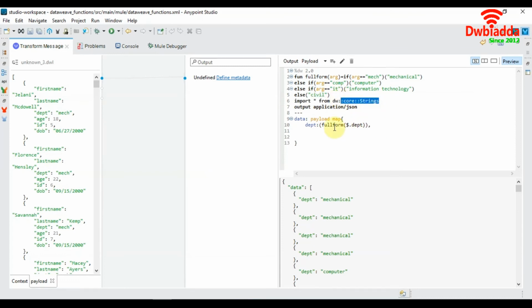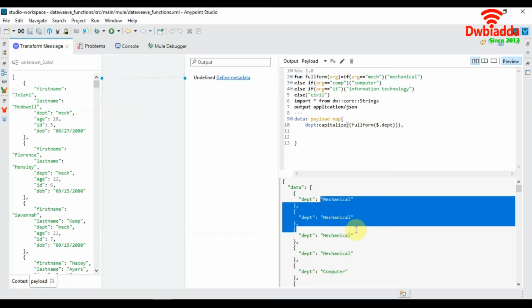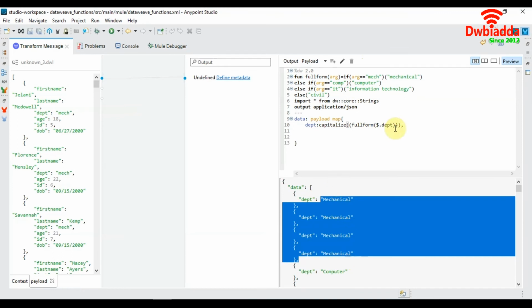So one of the functions available to us in the string module is the capitalize, which basically capitalizes the first letter of a string. So we can call the capitalize function here. As we can see, our capitalize function is working fine and our department field has been capitalized.